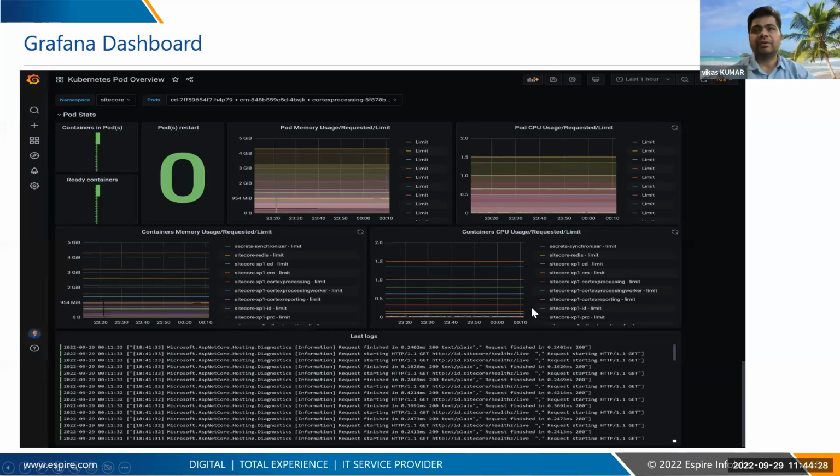But from the Sitecore Managed Cloud perspective, all these things come out of the box, predefined for you, which you might have to customize as per your need if required. There are some other factors you can see here, like the last 1 hour or yesterday, how it was. If you come in the morning and see there were some log issues in Sitecore,